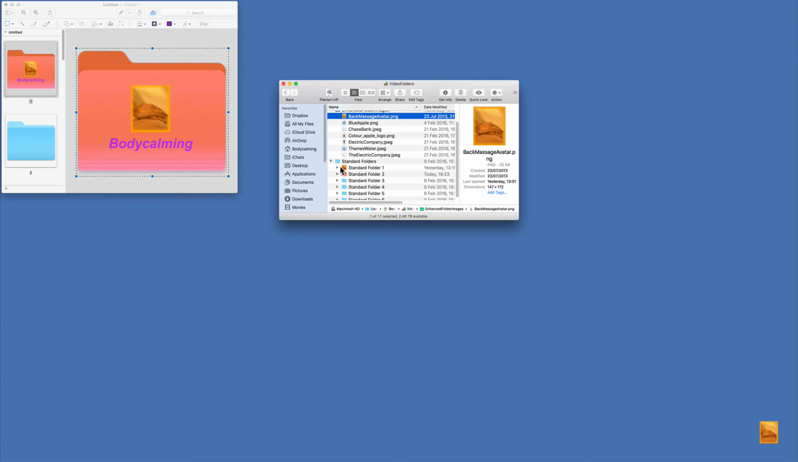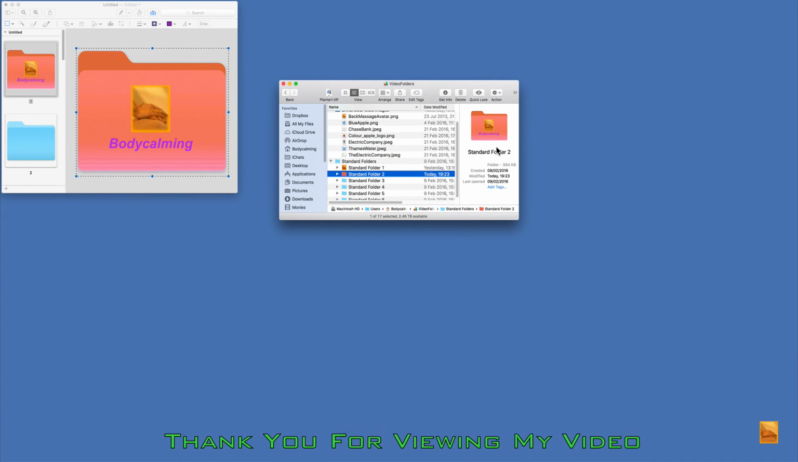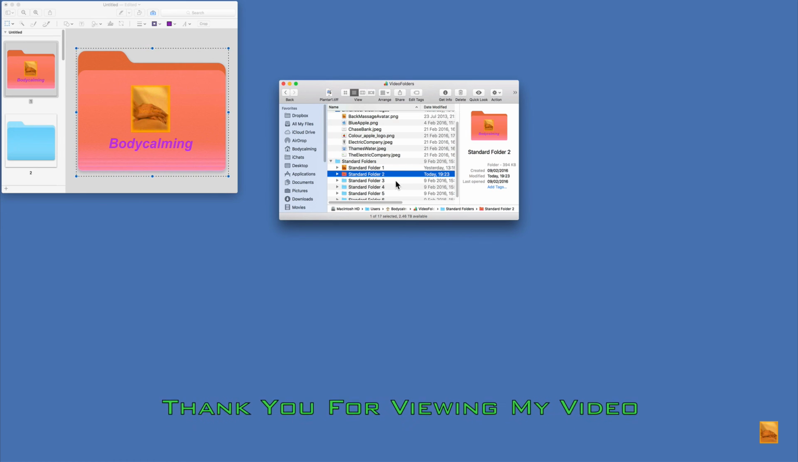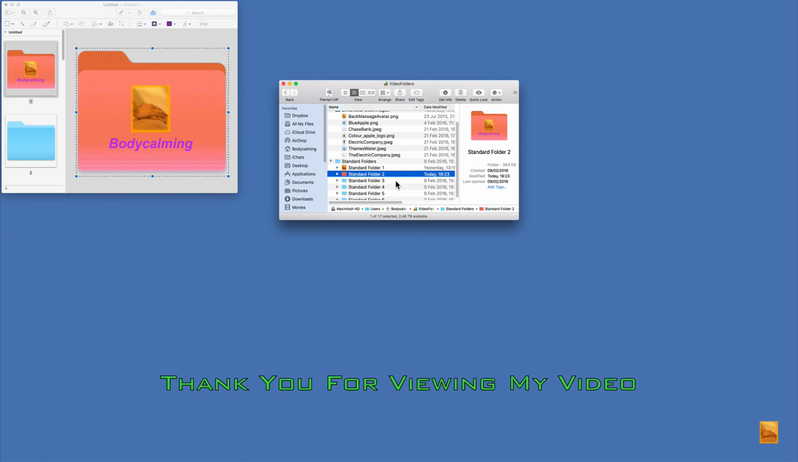and there we have your new enhanced folder, and hopefully that will help you organize your filing system a little